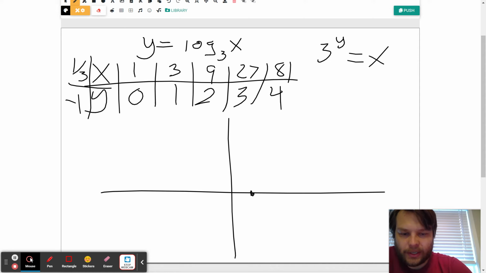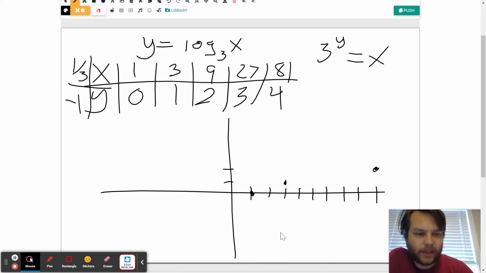It's got an x-intercept here at 1, 0. Then I'll go all the way over to 3. Now I'm at y equals 1. Then we have to count all the way to 4, 5, 6, 7, 8, 9. And now we're at x equals 9, y equals 2. I misspoke just a second ago. If I go to x equals 1/3, so I don't know right about there, then I'm at